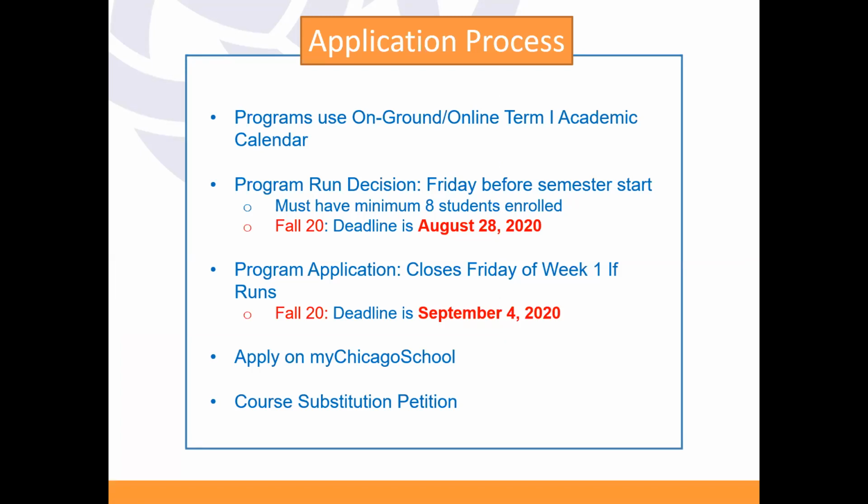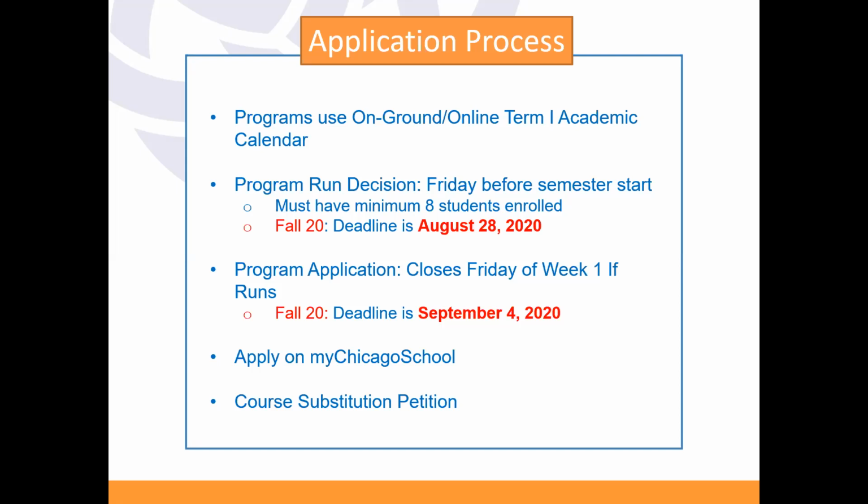So the application process is very easy. One thing to keep in mind is, regardless of whether you're an online student or an on-ground student, or you're taking this course in term 2 online, we follow the on-ground or online term 1 calendar for administrative processes. For example, if this is a term 2 course, you won't start until October, and you're traveling in December. It's too late for us to prepare you, our faculty, and our local contractor supporters to get you ready for this travel. So we use on-ground and online term 1 for administrative purposes.